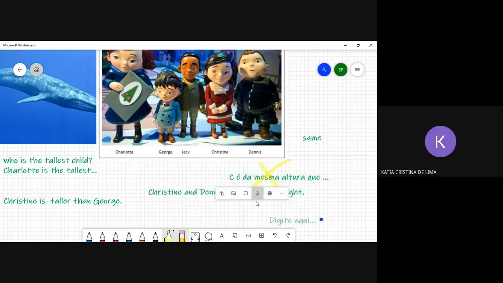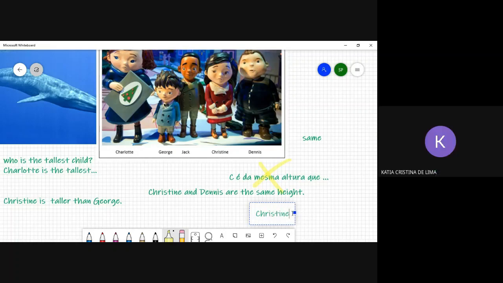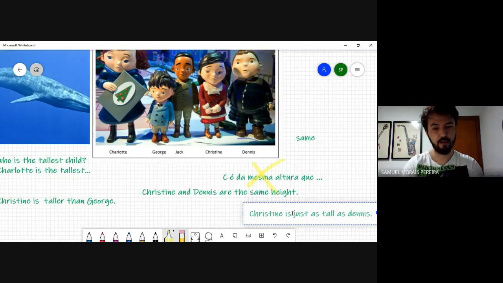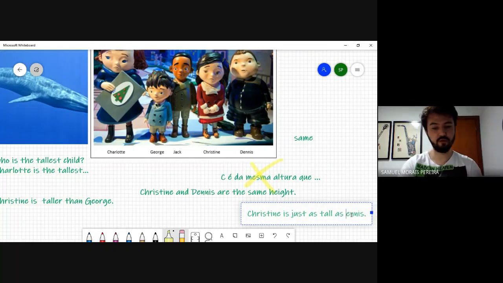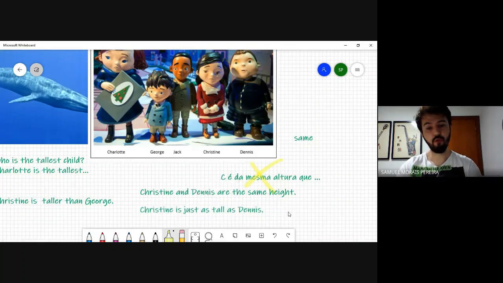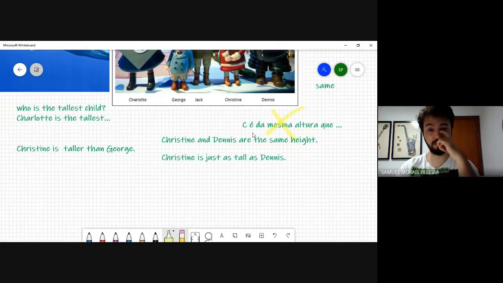Christine is just as tall as Dennis. Exactly. This is the structure that I wanted to understand, okay? Because this is the most common structure. Então você não pode pensar em português, porque se você pensar em português, você vai chegar nessa